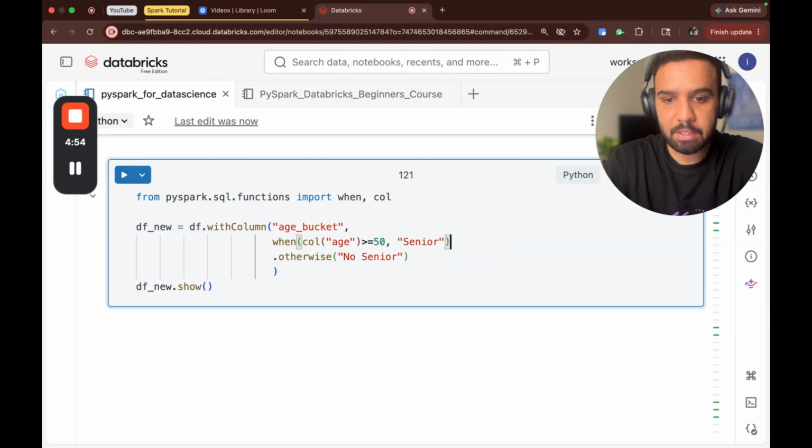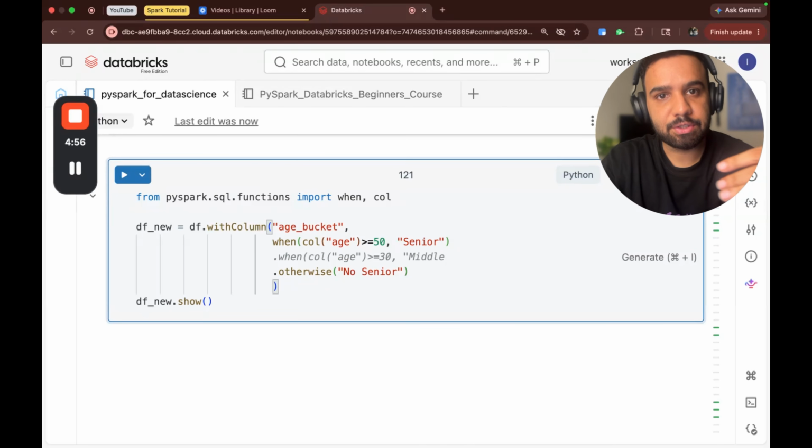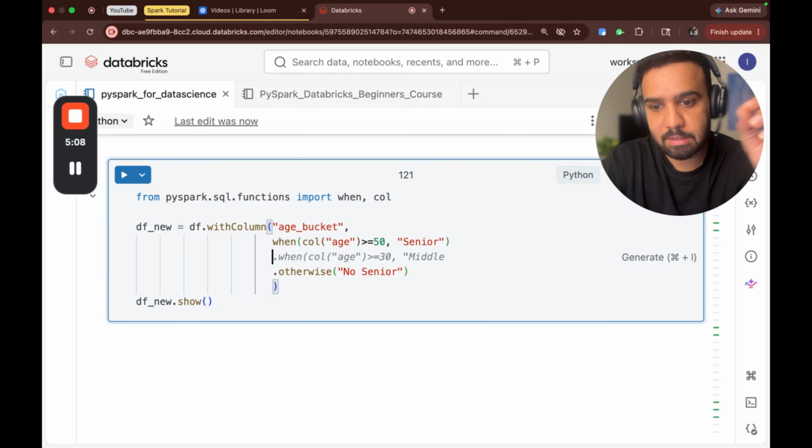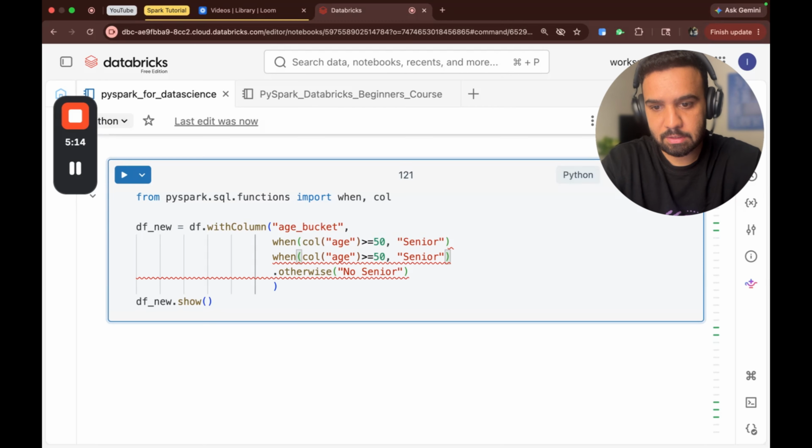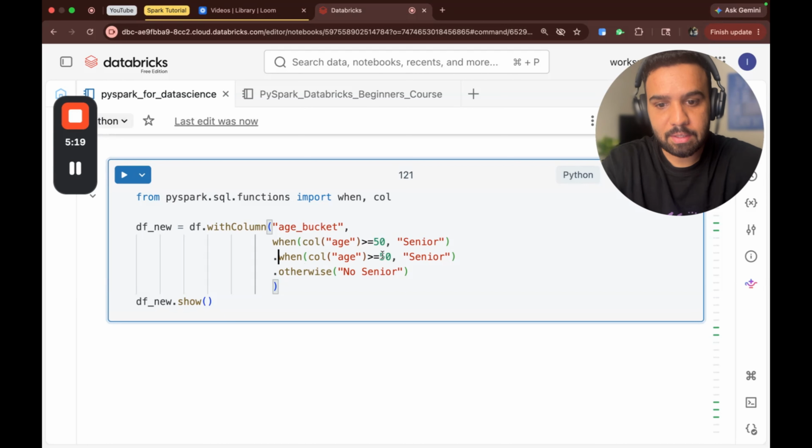So if you want to make a chain of when statements, or if you have multiple conditions or multiple categories to bucket a variable, you can use a chain. The syntax is simply you write dot when, then again your condition, and then what to do if that condition is true. So I'll do that similarly. I'll come here, do dot when col age is greater than or equal to, let's say, 20, this time I'll take 20, and